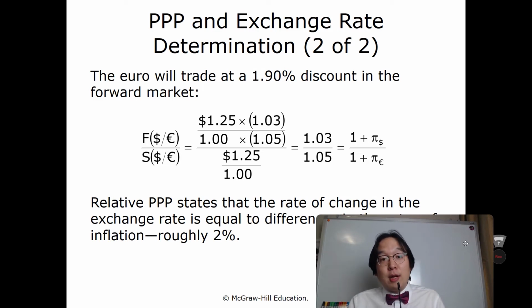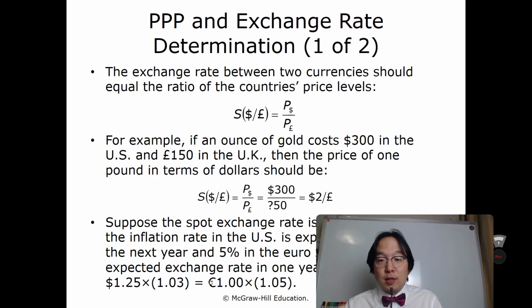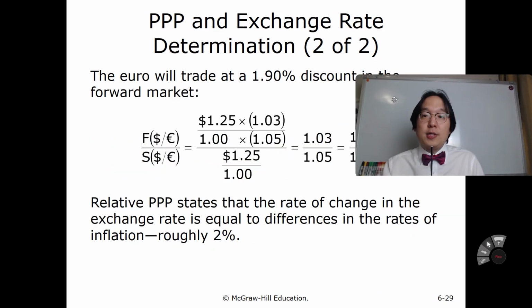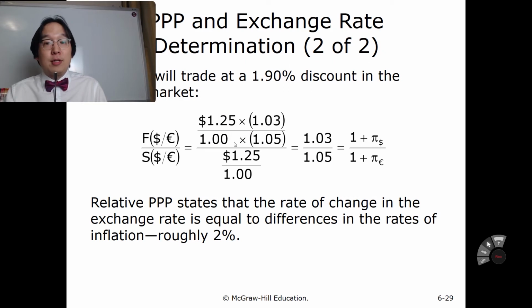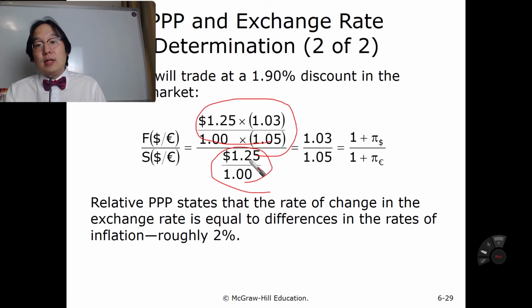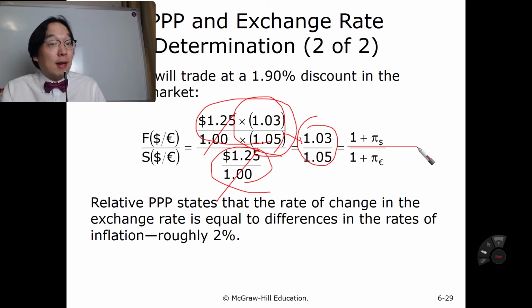Well, the forward rate to spot rate relation, we can think about it based on the previous formula over here. So that gives us this 1.25 to $1 relation times, the spot exchange rate is here and the forward exchange rate is here. These two common things cancel each other out, and what is left is this term over here. That is nothing but 1 plus the expected inflation rate in US dollars, and 1 plus the inflation rate in the UK,